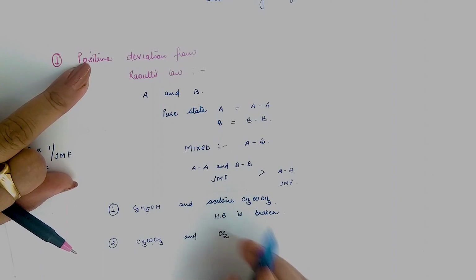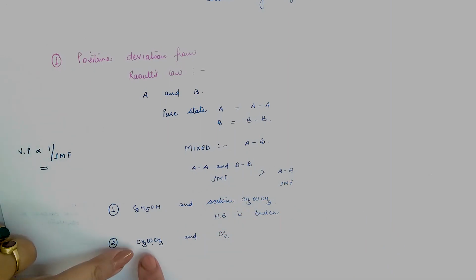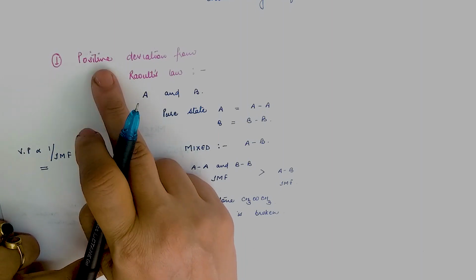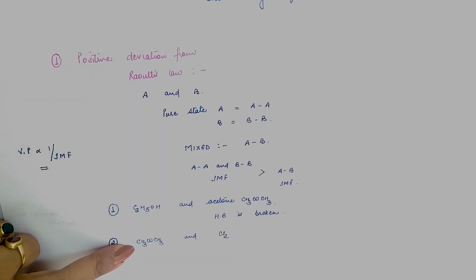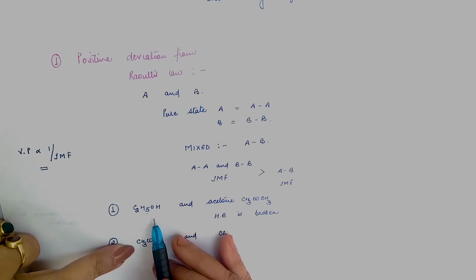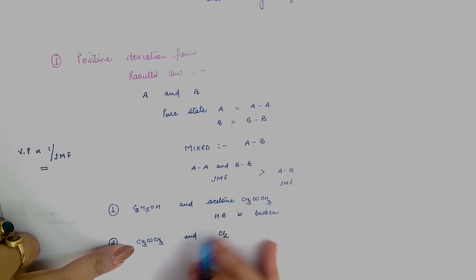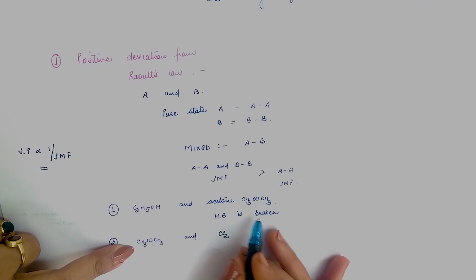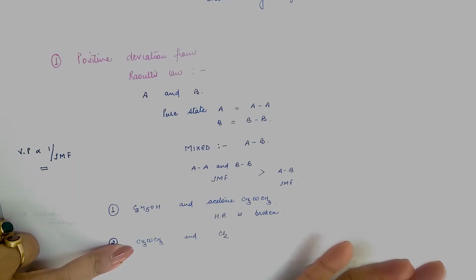Okay, so in any case, when the forces are strong and the other substance weakens its forces, the deviation shown is the positive deviation from Raoult's law. And you know who all forms the hydrogen bond? Hydrogen with oxygen, nitrogen or fluorine. So you can see which type of bonding is there, whether the given compound is breaking or forming the bond, and accordingly you can give the example of it.